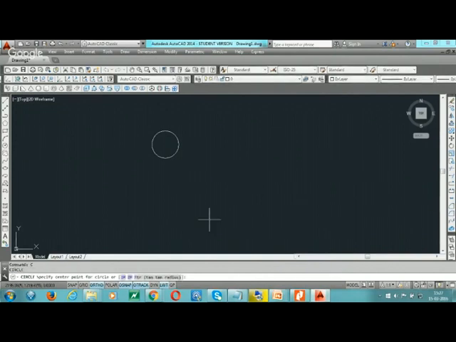C, enter for circle, FRO for from command, take a base point here. In X or in horizontal we go 3.75. In Y, करेक्ट। अब हम नेगेटिव नीचे जाएंगे तो माइनस लेंगे, -1.25, एंटर।